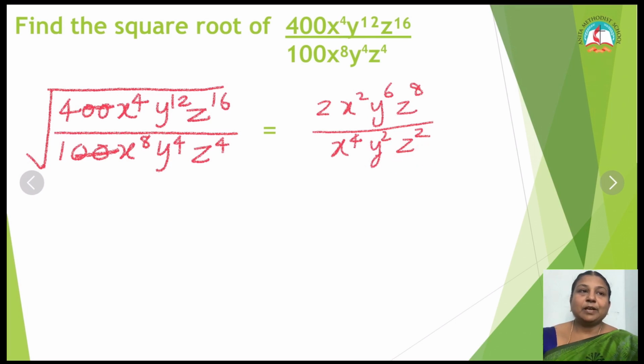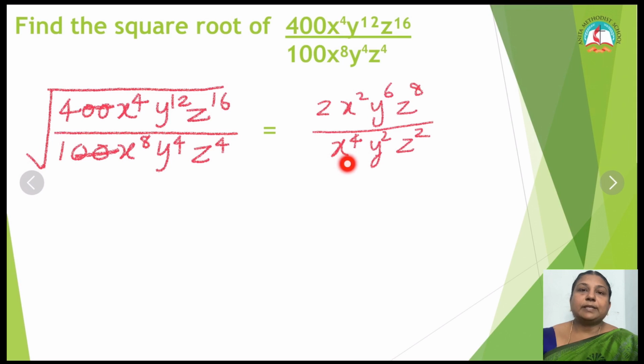Okay, children. Now you can simplify, because in the numerator and the denominator you have the same variables, isn't it? How can you simplify? You can see I am taking the first variable x, where I have the greater power in the denominator. So I can take the x square from the numerator down to the denominator, because the denominator has the greater power.